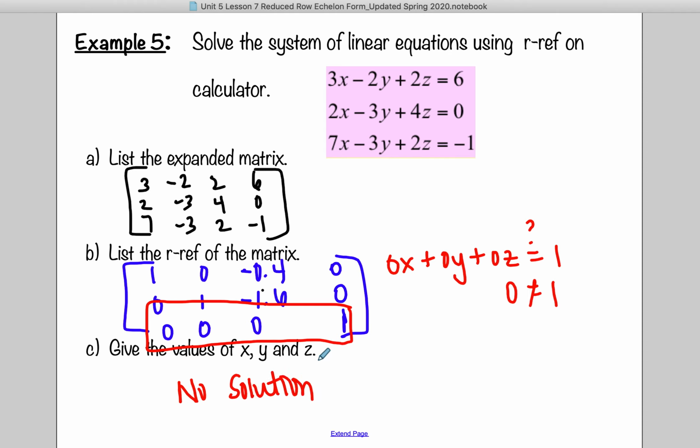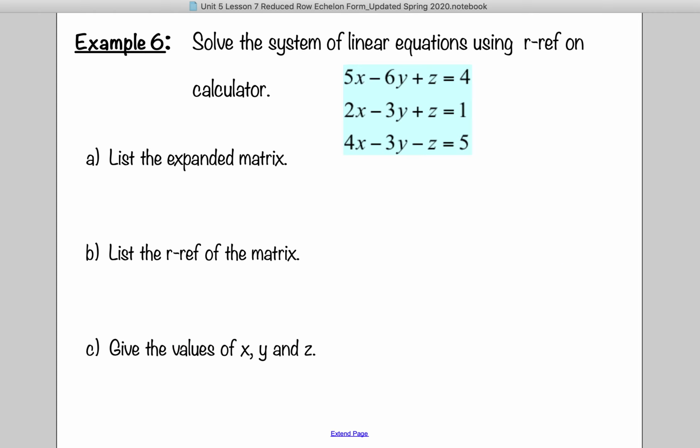So you need to be careful. There are times where you won't actually get the identity matrix or our goal, and so that could be a possible option. Okay. The next one,